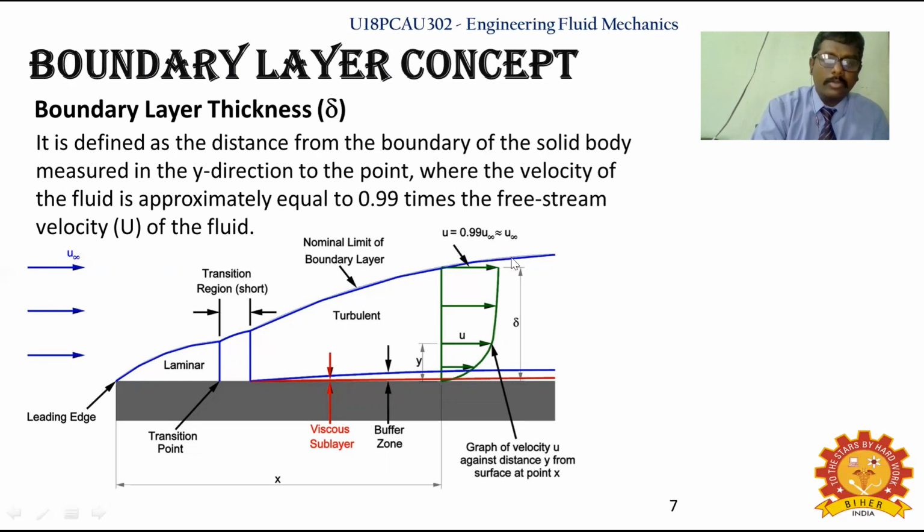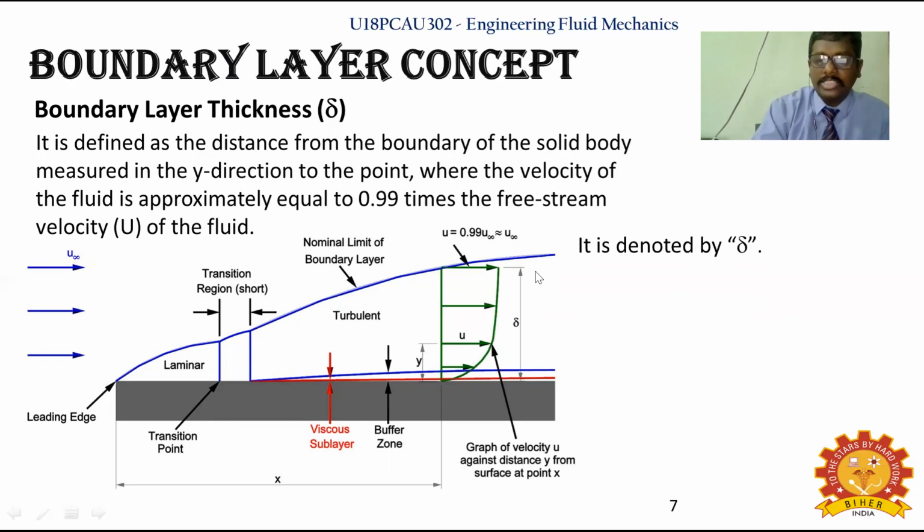This thickness, from the solid body region to this point, is delta, the boundary layer thickness. Once it crosses this last 0.01, you get the free stream velocity. After that, you do not have a boundary layer region; you have a free stream velocity, and the shear stress is 0. Shear stress is accounted for only up to this region. So you have the boundary layer thickness from the plate up to this 0.99 of the distance.